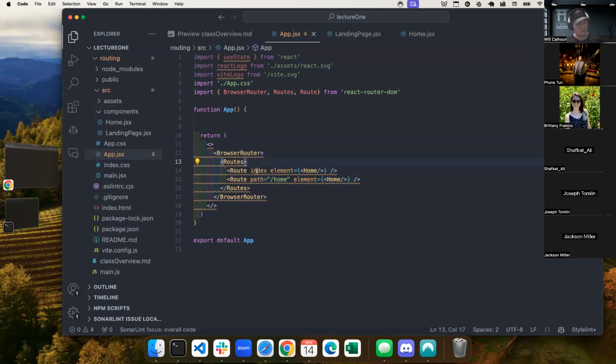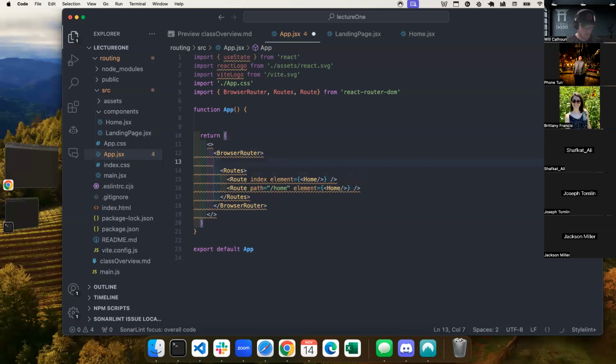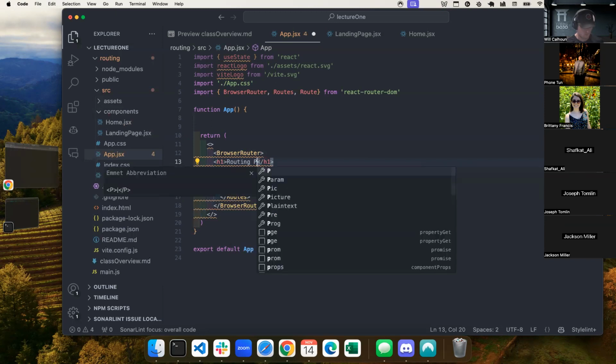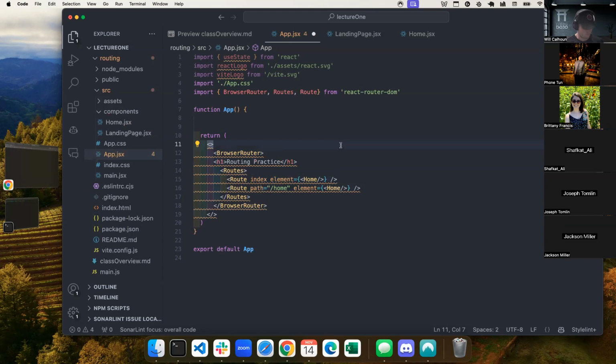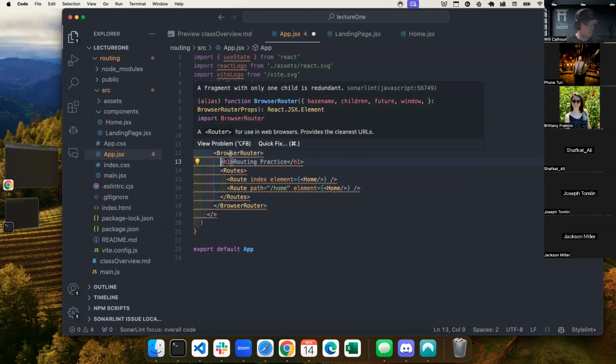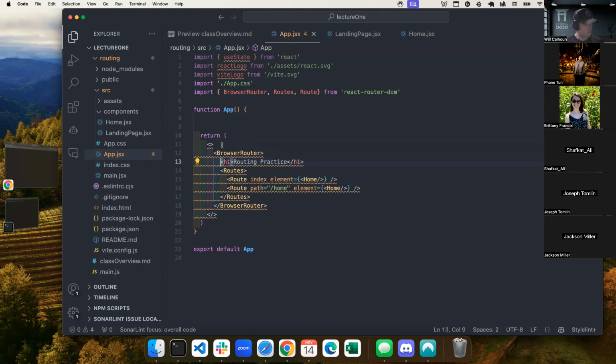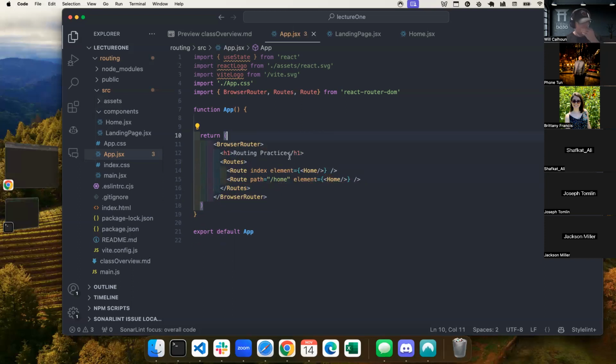So what this doesn't like is that my browser router only has one child. So what I'm going to do is I'm just going to say h1 hello world, or routing practice. That makes more sense. Ooh, it still does not like it. Okay. So what it didn't like right there, the reason that was giving me an issue, was a linter issue.